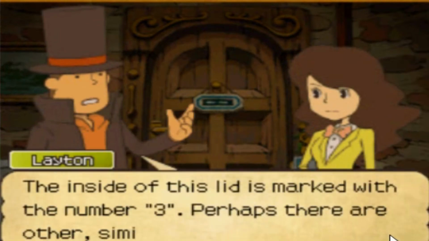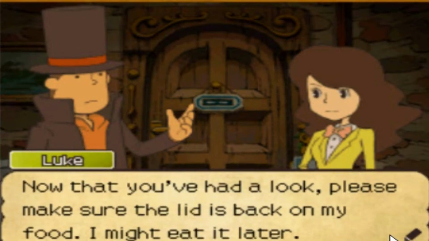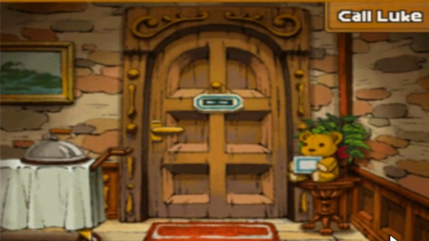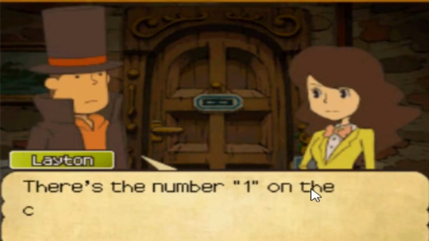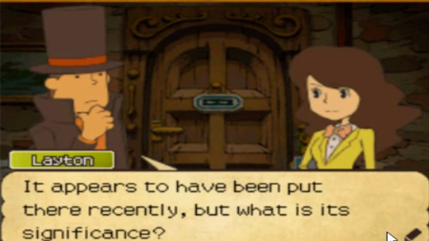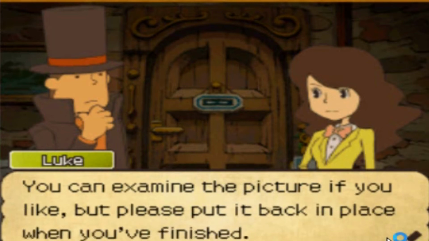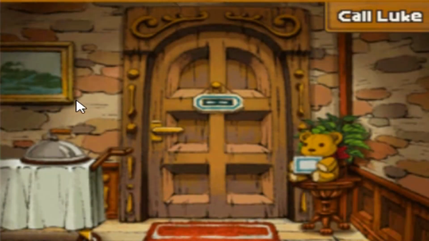The inside of this lid is marked with a 3. Perhaps there are other similar lids? Now that you've had a look, please make sure the lid is back on my food. I might eat it later. So we have a 2, a 3, a 6, and a 7. So number 1 on the corner of this frame. Appears to have been put there recently, but what is its significance? You can examine the picture if you like, but please put it back in place when you've finished. So 1, 2... Wait, 1, 2, 3, 7, 6...